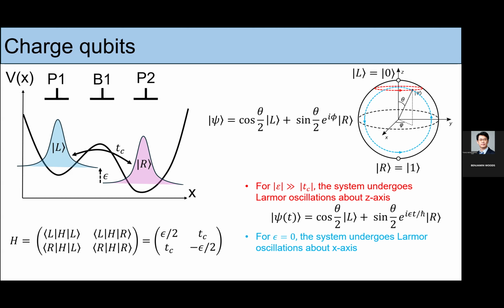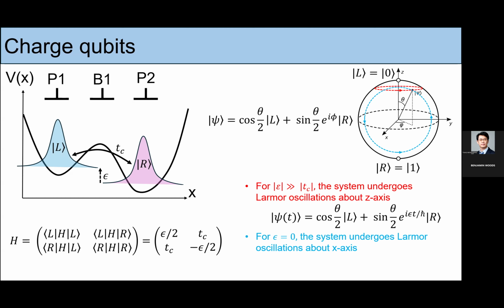You can ask what would cause a fluctuation in these parameters for my Hamiltonian? Anyone have any ideas? So remember, these are coming from tuning the electrostatic environment, right? And so if I have, oh, go ahead. Right, any sort of fluctuation in the electrostatic fields